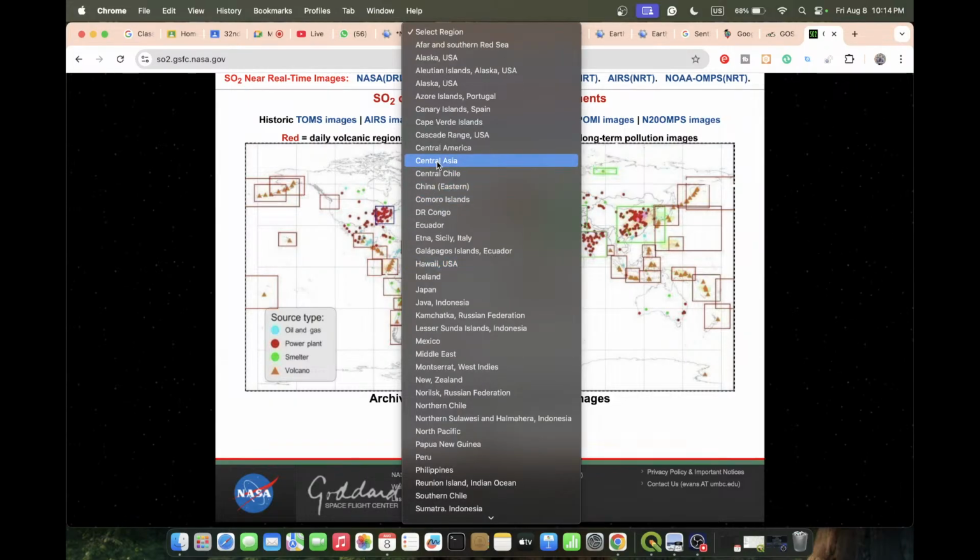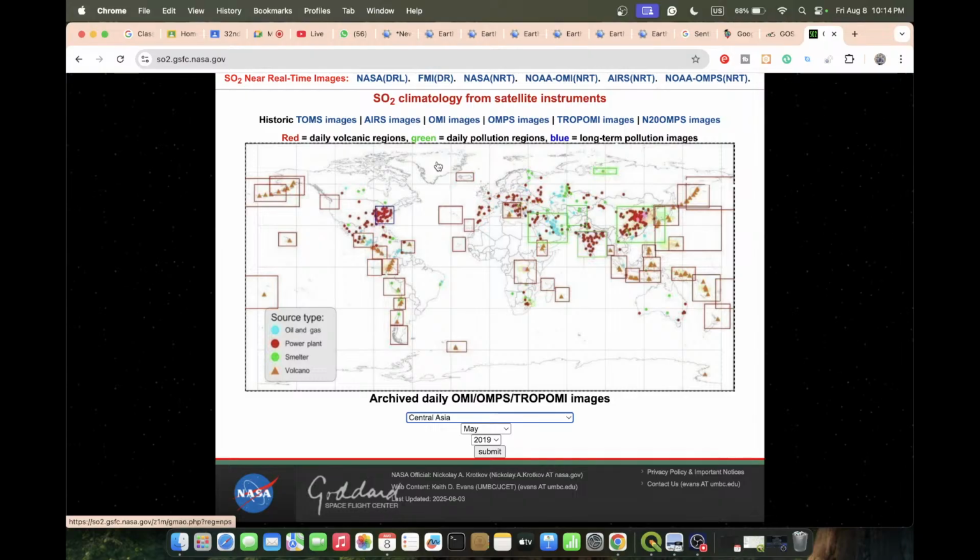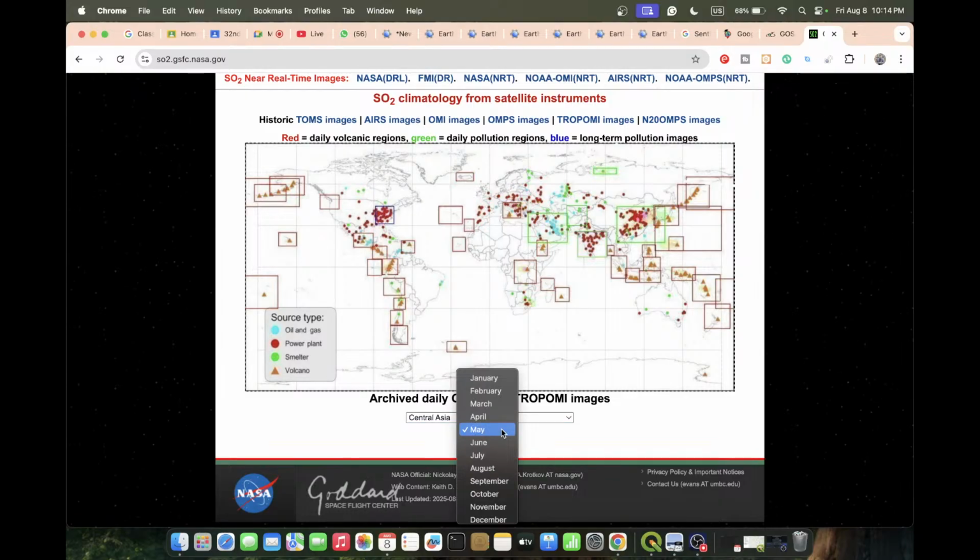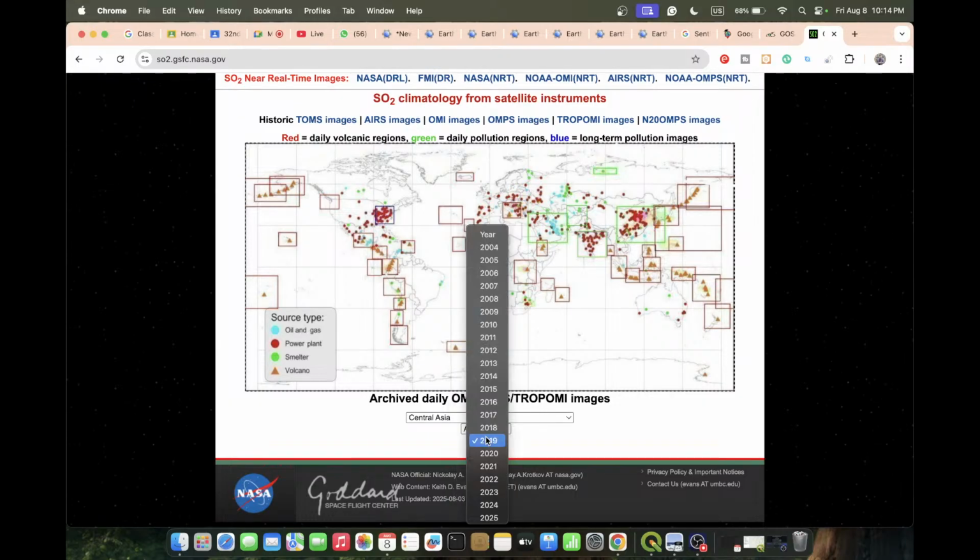Suppose I just put in here Central Asia, and you can check the month, which month you need the data for. Suppose I put here that I need the data for April, and also choose the time. You can see this data set is basically available from 2004 to 2025. Any year you can simply choose. Suppose I choose 2024 and then submit. So now it generates the data for Central Asia,